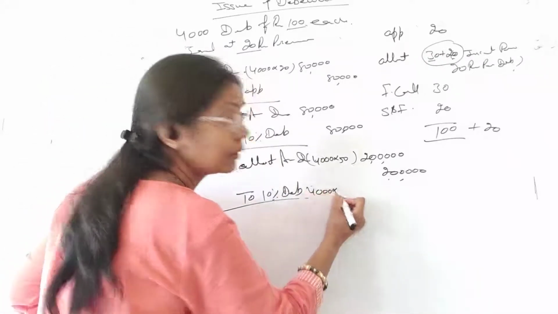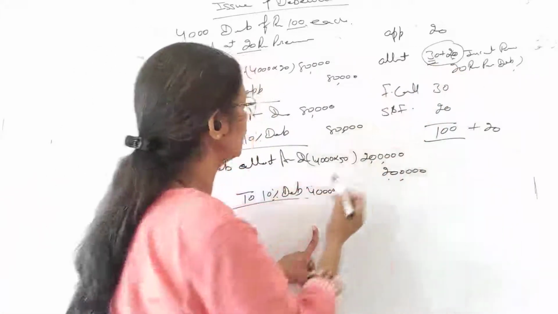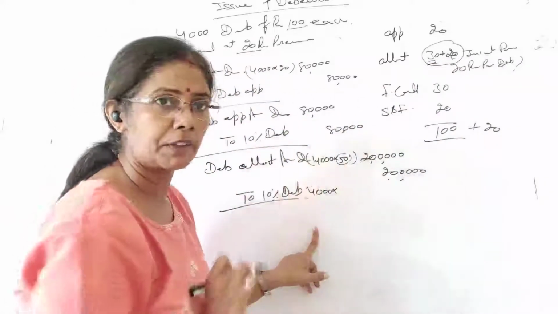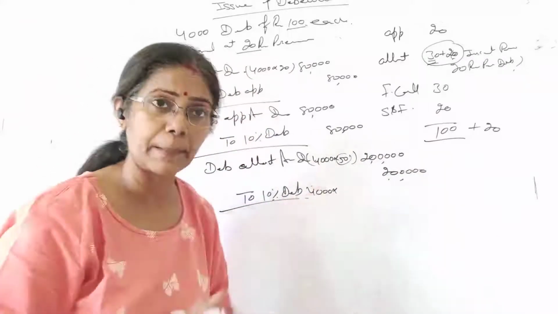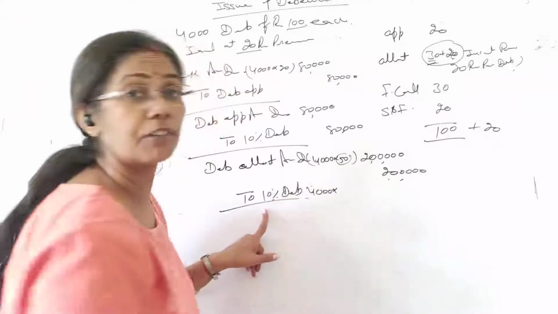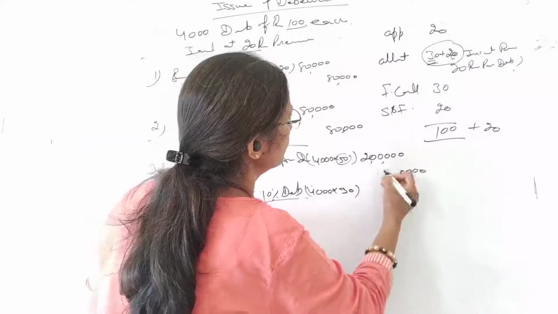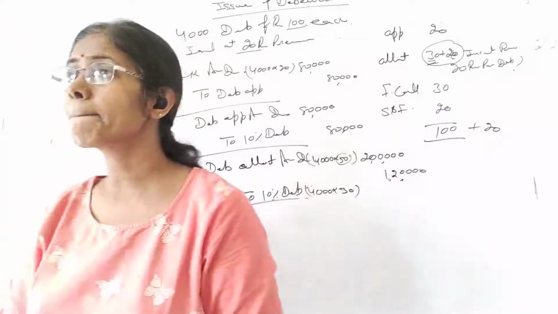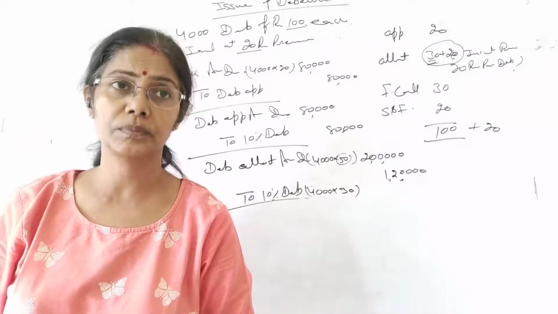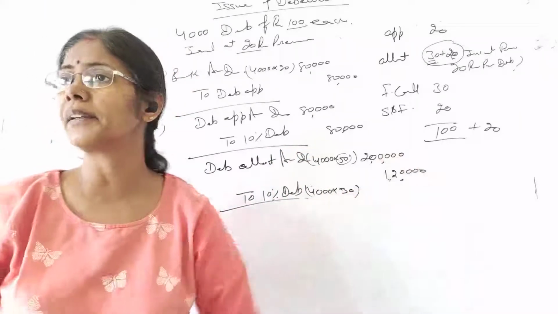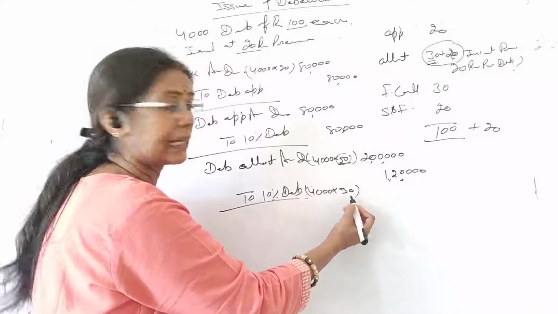4,000 into 30. Face value is 30, because we have taken 50 rupees. Here also I have written this. So 50 rupees is including premium also. And premium we have to show separately. In debenture, what will come? Face value will come. Is that clear? So if you look at the entry, still some mistake is there, isn't it? Something is missing because your debit and credit is not equal. Here it is debited by 50 and it is credited by 30.